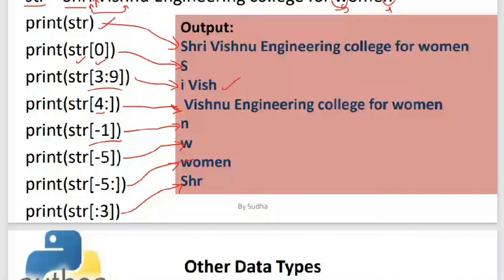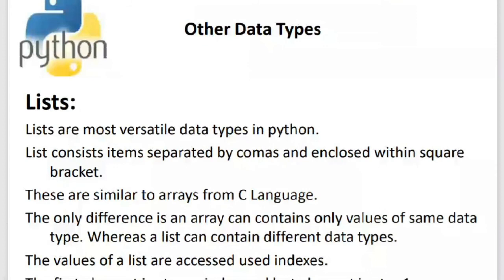In case you want to find out the repeated words or whatever for your application, any one of these particular print statements may be helpful to you. Coming to the other data types, we have seen Boolean, integers, floats, numbers, strings, and all that. The next data type is the list data type.